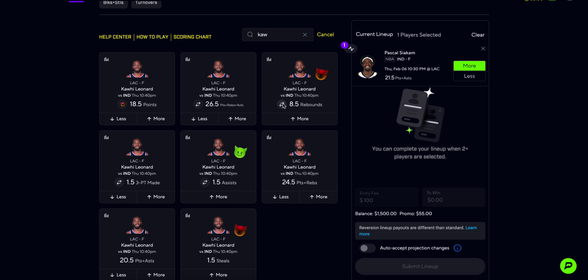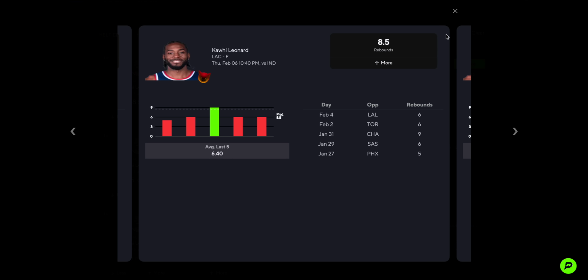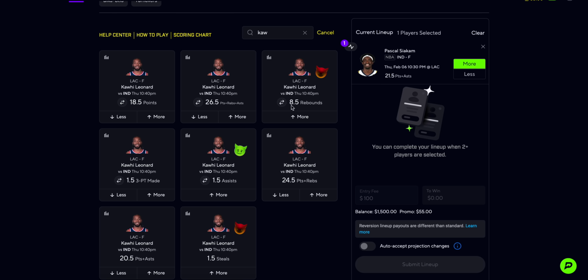This is another reason why you guys have to get on Dabble. My goodness, just another reason why you got to be on Dabble. Kawhi Leonard had a prop for 5.5 rebounds on here that you can probably still find on Dabble. We'll check here in a second. Unfortunately, look what they do to this. They give you an option for a Goblin 3.5 or a Demon 8.5. It's quite ridiculous. We're not going to take either of these on Kawhi, so we're going to move along to